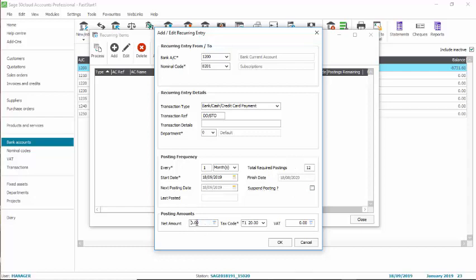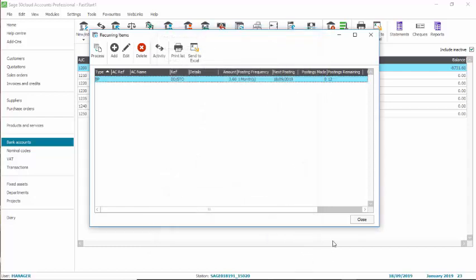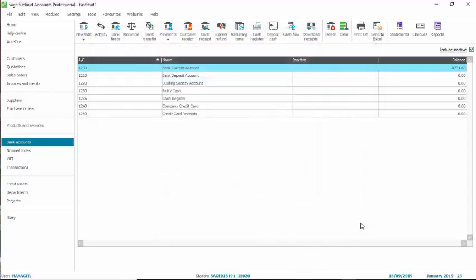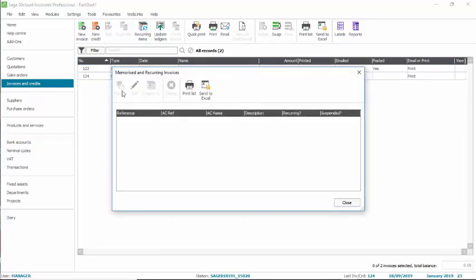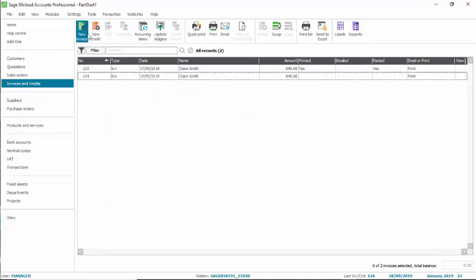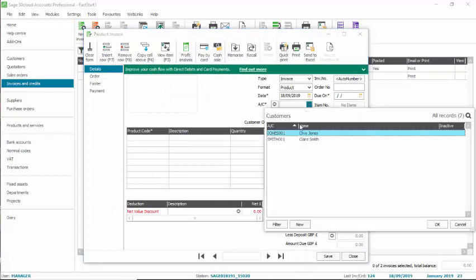How much it's for, so I'm going to say it's for £3 plus VAT. So £3.60 for my magazine. Click OK and close. While I'm on the subject of recurring items, you can also set those up in invoices. So we've got recurring items in there. You can't add a new one from just within recurring items. What you would need to do is go into a new invoice, create it